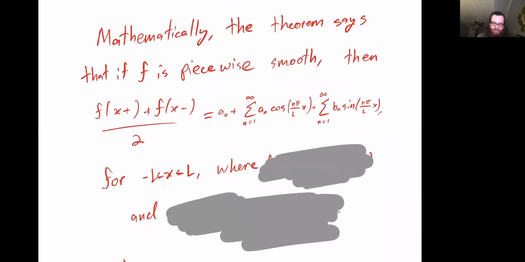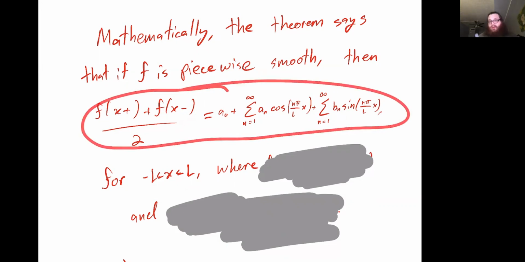This is for values of x within that kind of fundamental domain, negative L to L. This is going to be kind of a limit from the left or from below. Say x is below the limit point, and then we go towards the limit point from the left. X minus, you could say x is decreasing to the limit point, or x starts at the right, goes back. So in this interval, we have this equality,